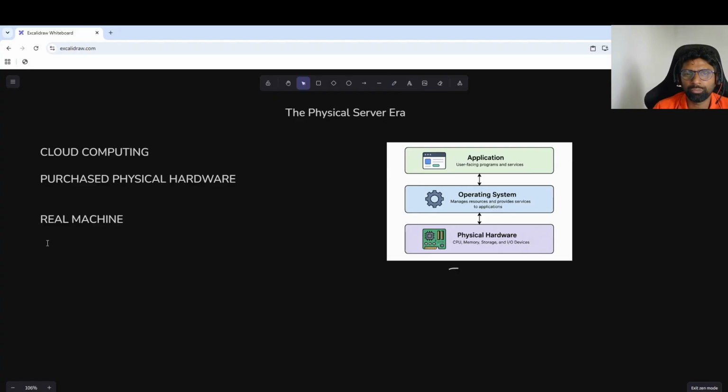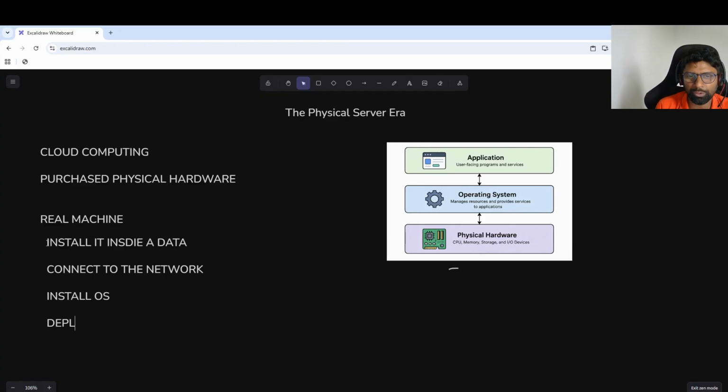The company would purchase the hardware, install it inside a data center, connect it to the network, then install the operating system, and finally deploy the application. It worked perfectly fine. In fact, many important systems are still on prem. In corporate terms, we call this on prem, where you operate physical servers in a data center directly.